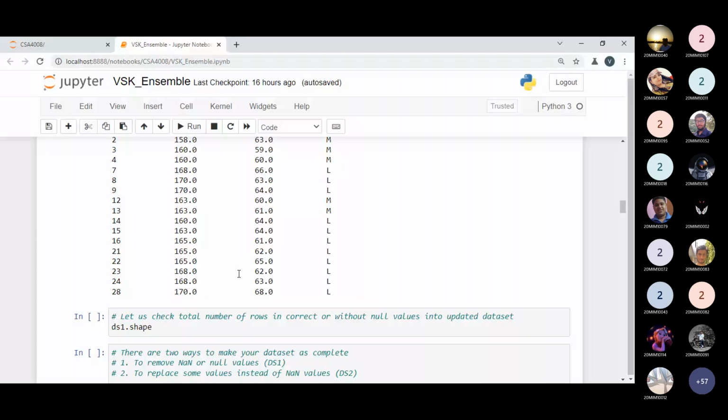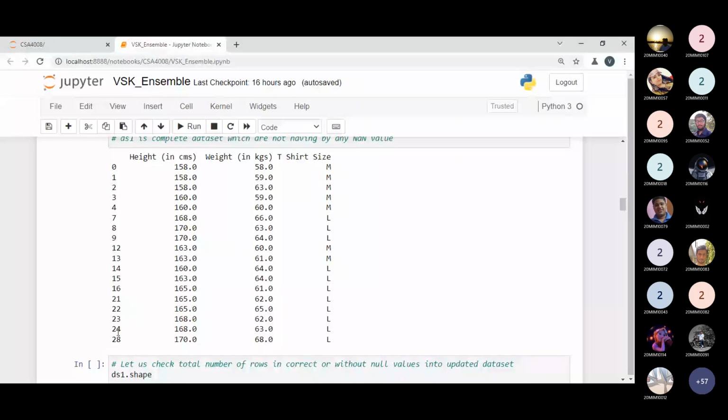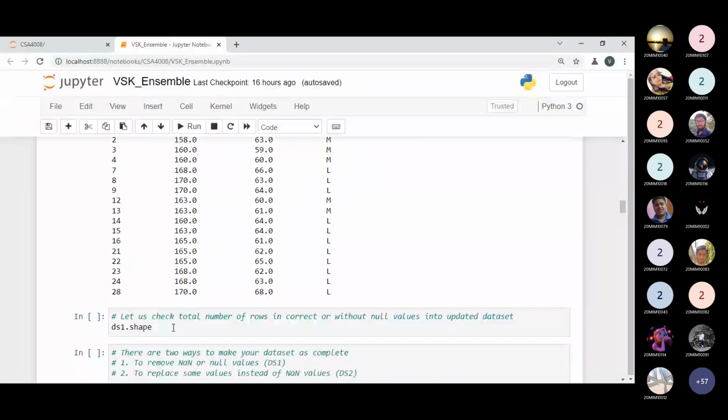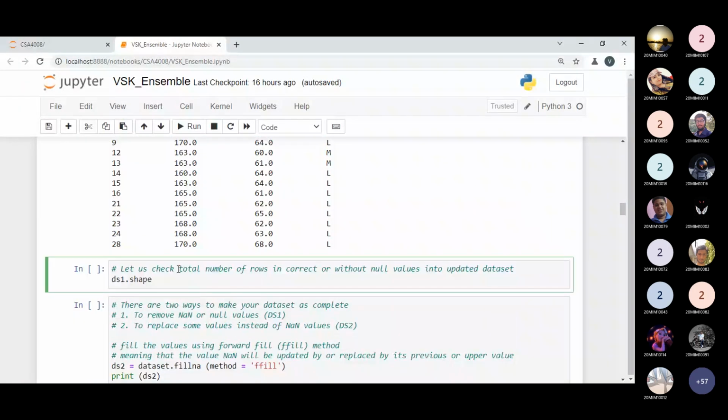So 0 to 28 are just representing sequence numbers. It does not represent the total 29. So what is the total we have? The total number of rows in the correct data set. So let us understand this by applying our shape method. So ds1.shape, just execute this code and see.